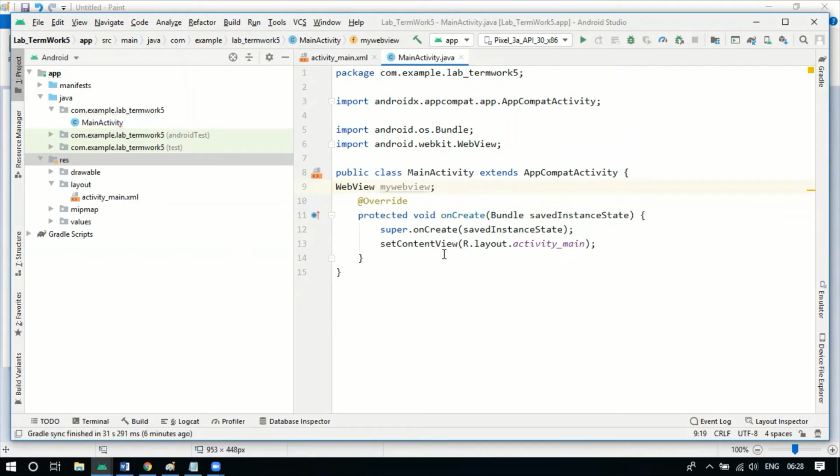So we are just creating an object of web view class, and the code you want to write here is very simple. You need to just keep this content as it is. You first need to access this.